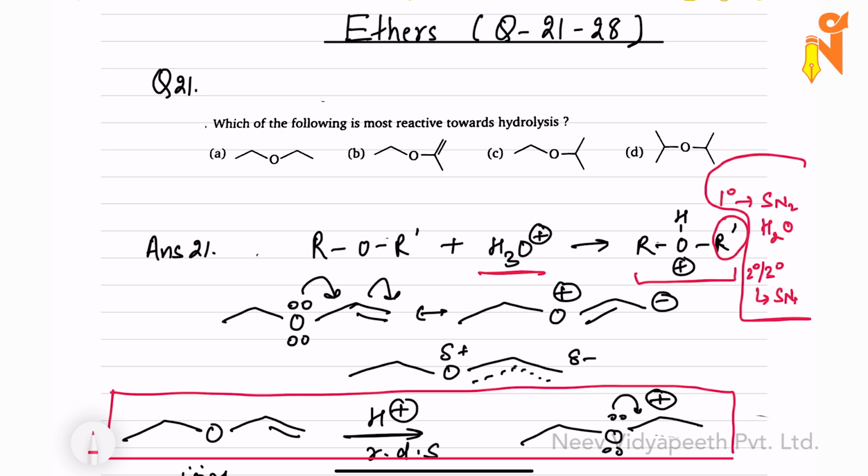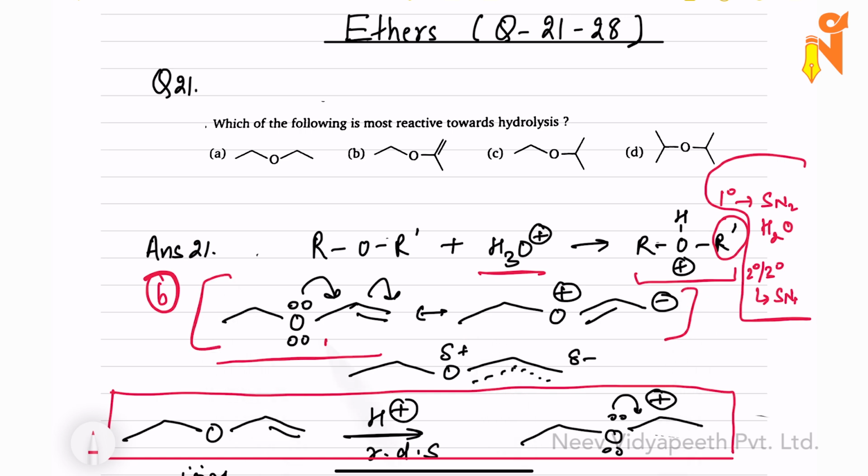Now, we have been given multiple options. I have picked up option B, and let me explain what B is. First we will understand B, and then we will see why other options are not the answer. So in case of B, this is the ether given, which has resonance happening within it, and this kind of resonating structures would be forming.